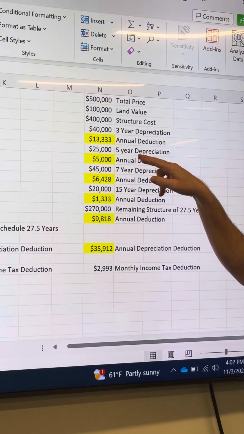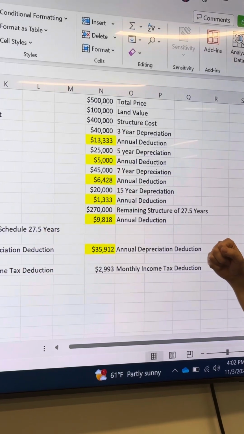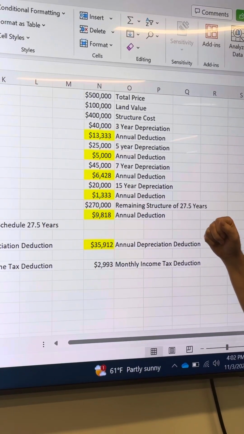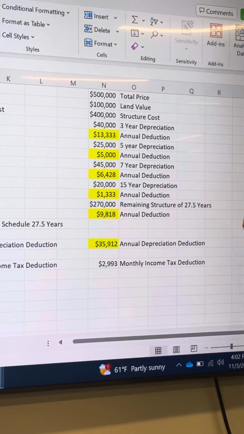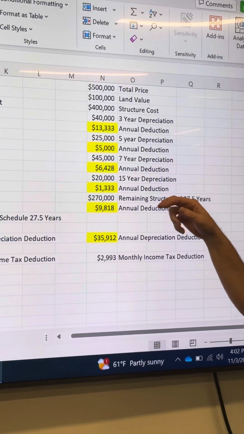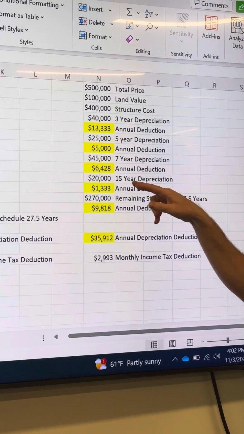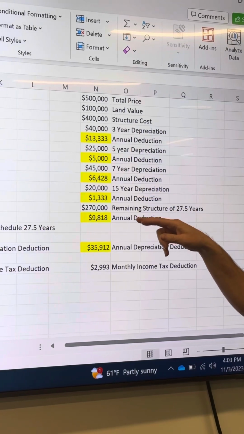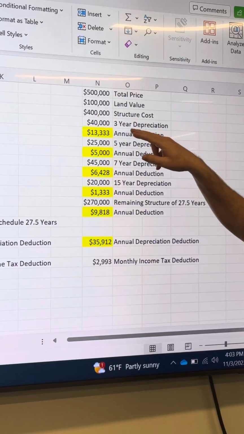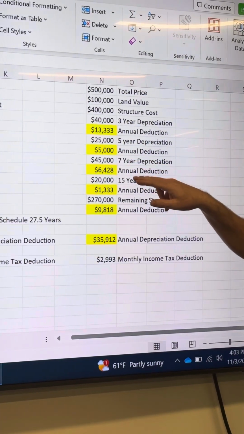Your 5-year depreciation, I just used a number of $25,000 for the components that may fit into that category. So once again, the $25,000 divided by your 5 years is $5,000 a year for that 5-year period. You're getting the idea. There's also a 7 and a 15-year bucket that you can do. And so when you add all that up, so if I take the $40,000, the $25,000, the $45,000, the $20,000